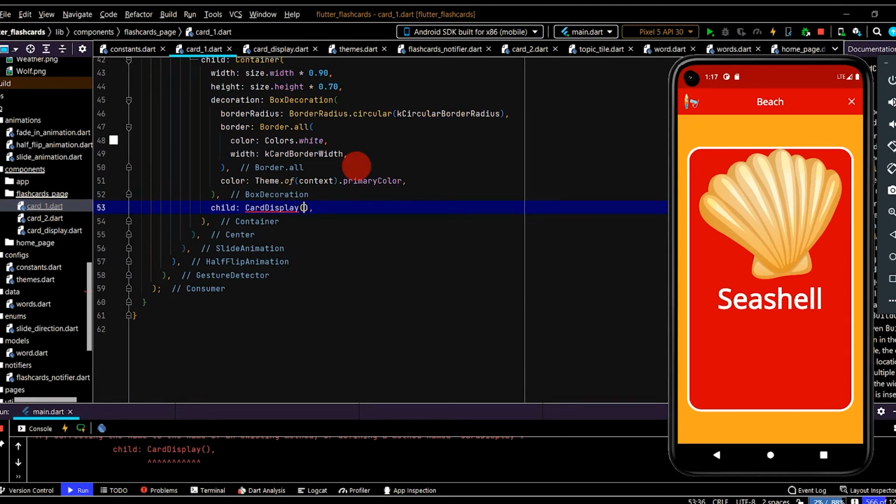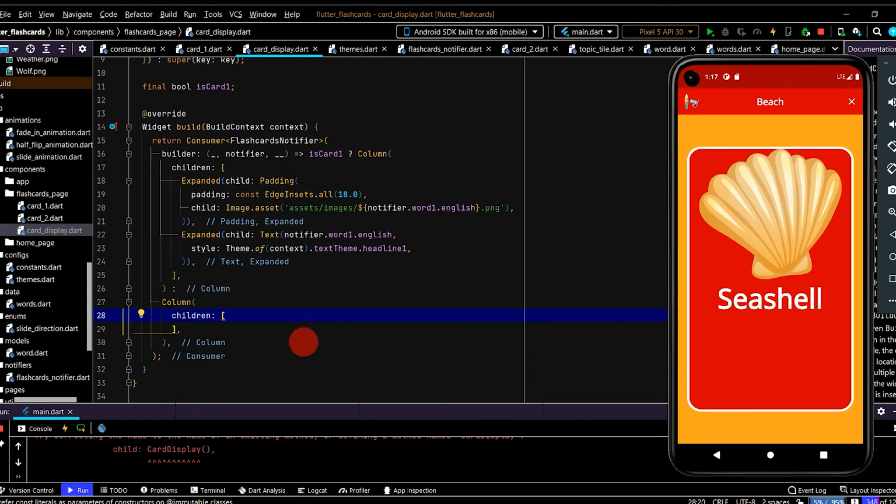And back here, just in card display, import the library, and is card 1, we'll set that to true. Okay, so that's in card 1. So jumping back to card display,